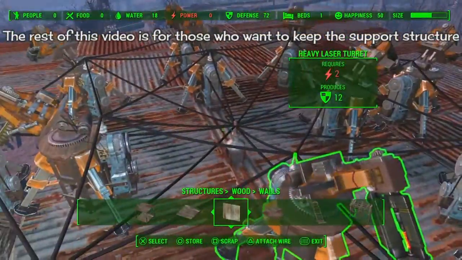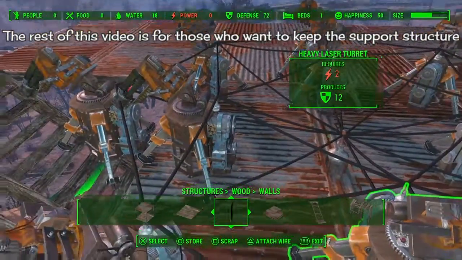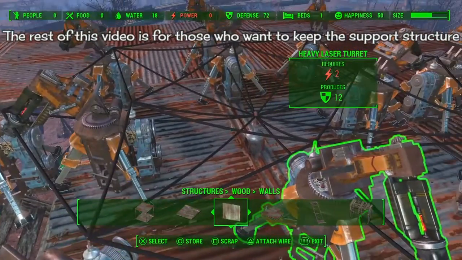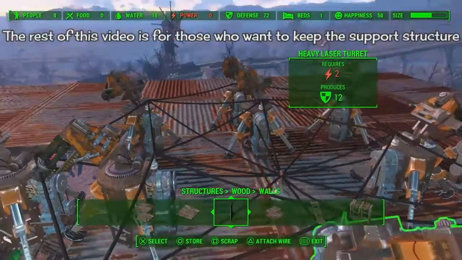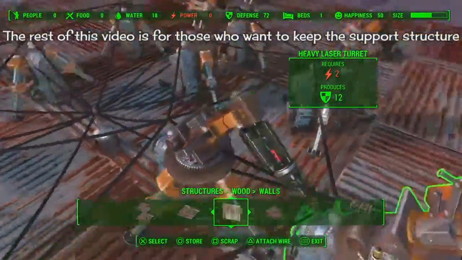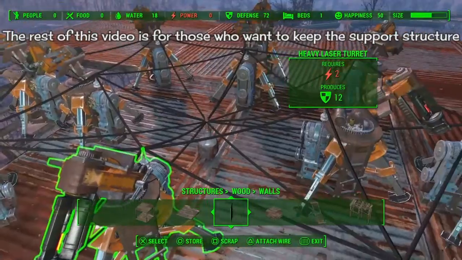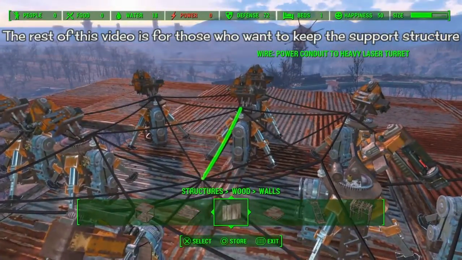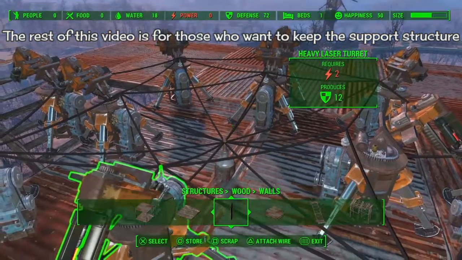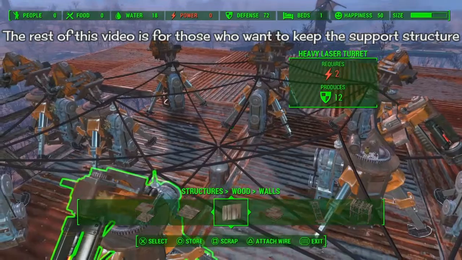Okay, so now we're going to glitch it again. Once again, to glitch it, you're going to have to make sure that you're close enough to the actual conduit there. Now, because of the turrets right here, it's going to be a little bit difficult to do that, because as you can see, I'm always highlighting a terminal. However, if I can get close enough to the wire...